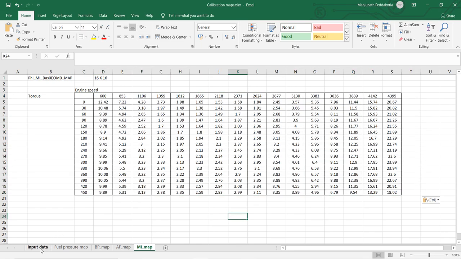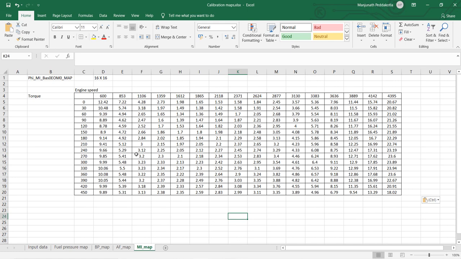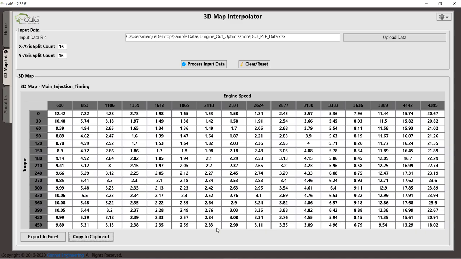Now you can see how we created all four maps in less time. If you have any change in the axis, say instead of 1100 we want 950, it changes accordingly. Instead of 200 here we want 100, it changes accordingly. You can do multiple changes and then do it again. Even on the y-axis, you can say I need 200, and it changes. So this helps a lot in creating maps, and you can copy to clipboard and use them in ECU calibration.